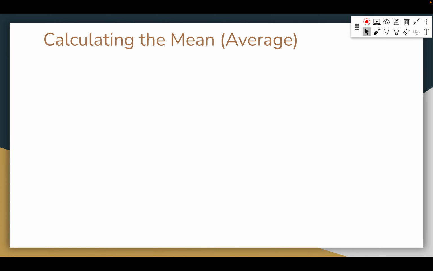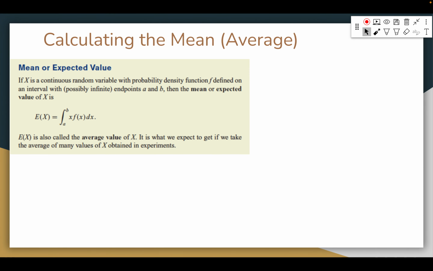So mean, variance, standard deviation. Most of this is just going to be screenshots from the PDF that I put in there for the P appendices. There's a P1, P2, P3. So this is all coming from P3. And the first thing it says is that the mean of an expected value, if the expected value is a function, some function f, defined going from A to B, whatever that is, and one or both of those could be infinity. So whatever the length of that probability distribution is, to find the mean or the middle point,